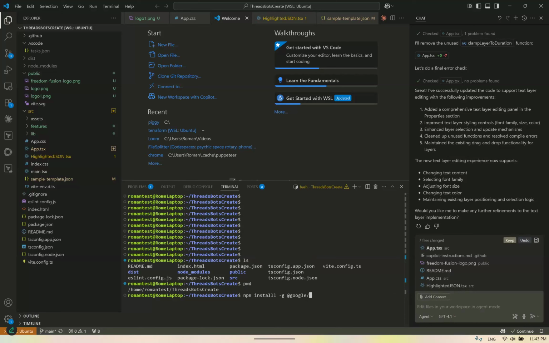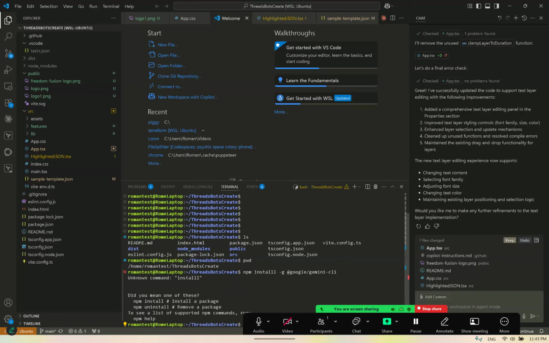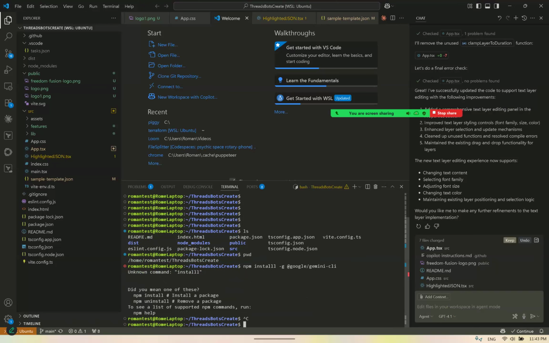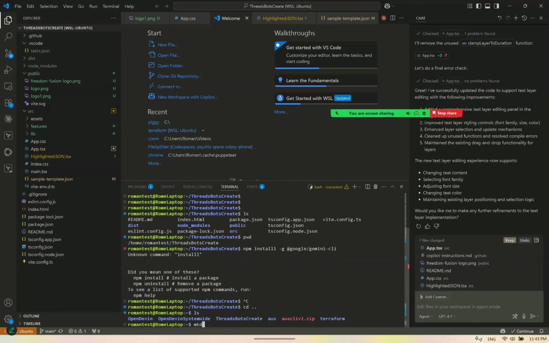You could run it in Cursor, or you could run it in VS Code the way I'm doing it now. But you run it like this, CLI, and of course, CLI like this. And there we go. Do you want to install one of those? So did you mean npm install a package? Npm install, there's like 3 letters. I made a typo, but as you can see, it's a really basic command. So I'm gonna get out of here, and I'm installing it on Linux. So I'm gonna just call it Gemini,